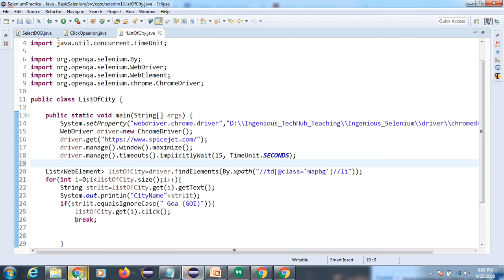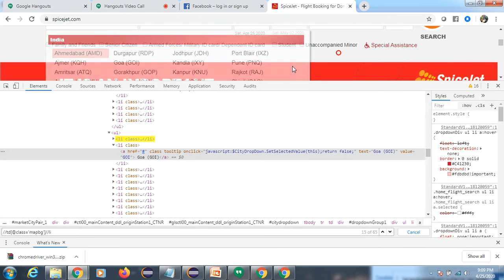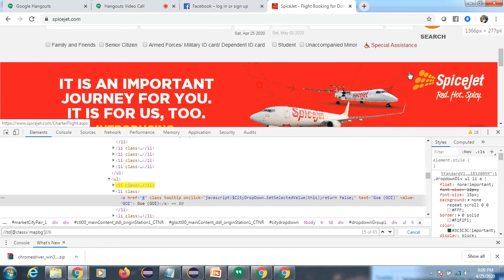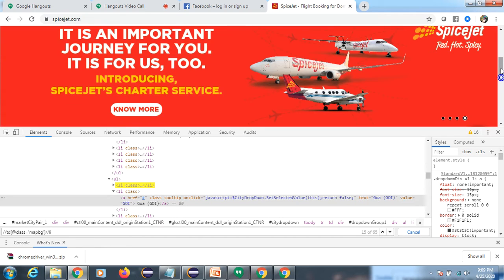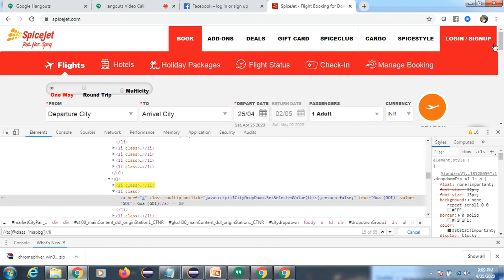So first we will find this element. Where is it? Okay, here first you can find this.